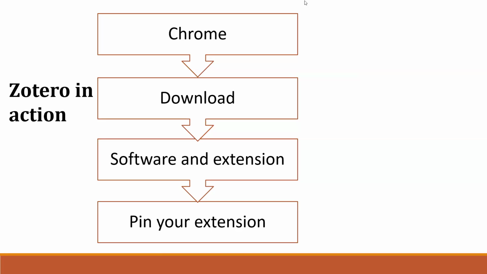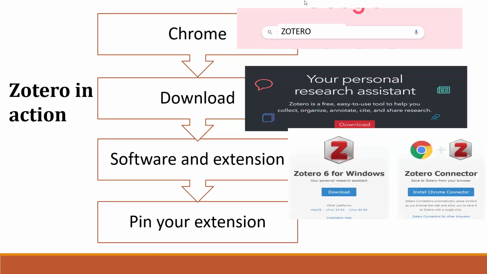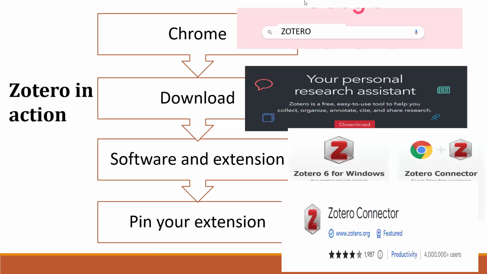By the time I'm saying, go to your Chrome, type Zotero. Once you type Zotero, you get this page. You can just download Zotero, Zotero 6 for Windows, as well as install it for Chrome. I hope you are doing it simultaneously, or if you don't have good internet access,